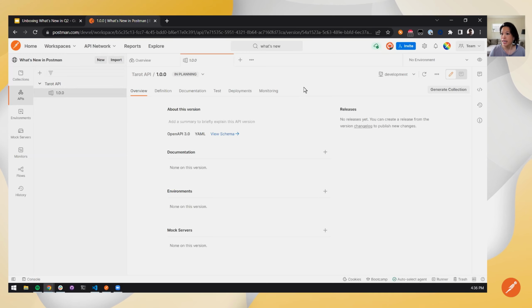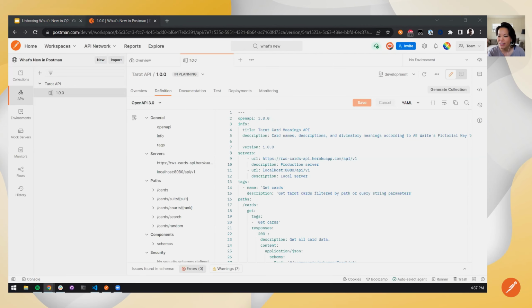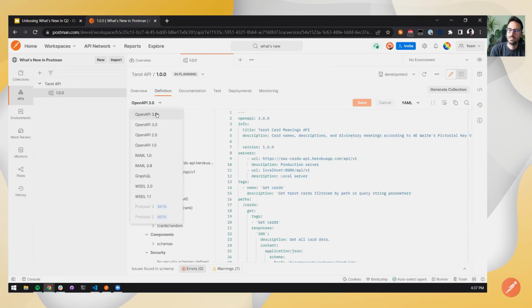documenting, test, deployments, monitoring. And what Arlemy's demo was, was API first, starting with the API schema and then generating a collection, documentation collection, or test collection or whatever. However, you can also be creating your collections just like you normally would, and then associate it with a schema. So it's not backwards compatible, but it's flexible to accommodate whichever workflow you're choosing to adopt. Oh, and one of the new features I forgot to remind you all about is that we support OpenAPI 3.0, but also 3.1 now, all the way down to 1.0 and these other protocols as well. And you can also see these two at the bottom, protocol 3 and 2,